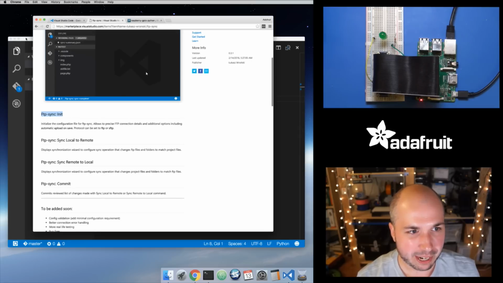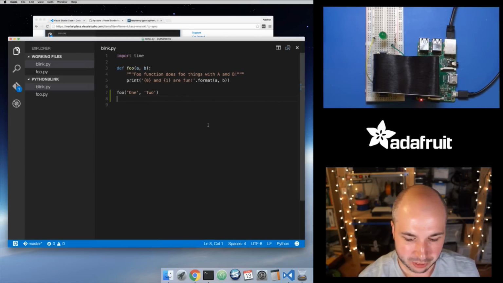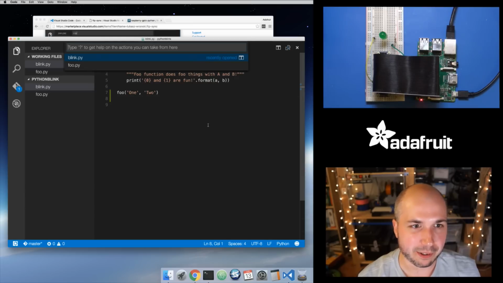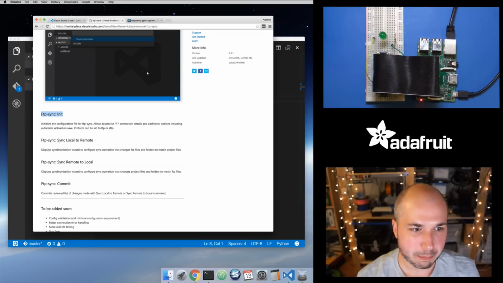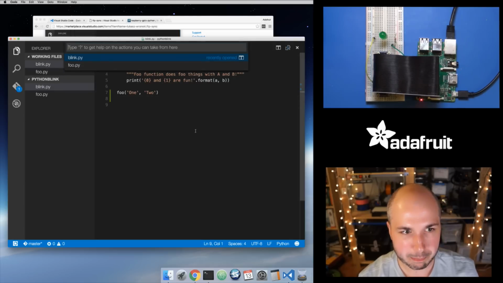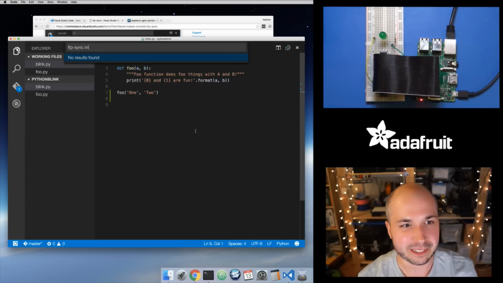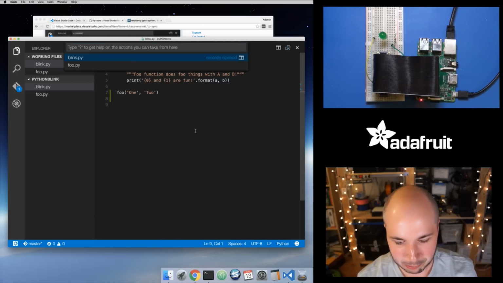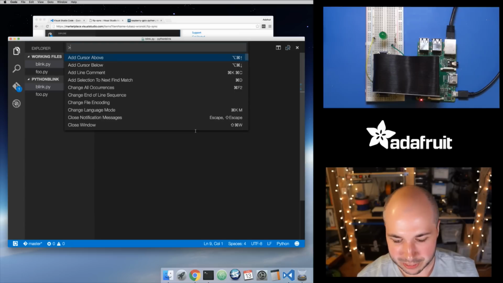But anyway, here's the magic thing, and this really confused me because you would think, okay, I open up the command palette and it's telling me here are the commands. So, okay, FTP Sync init. Okay, so let's open up the command palette, FTP Sync init, and nothing, no results found. What's wrong here? Here's the thing, you have to press this key, the greater than symbol, and this opens up